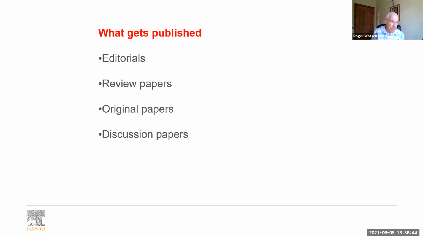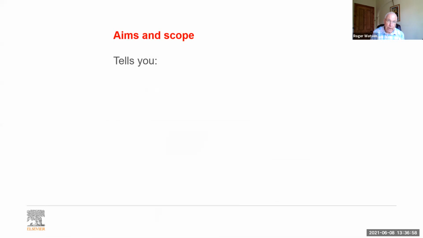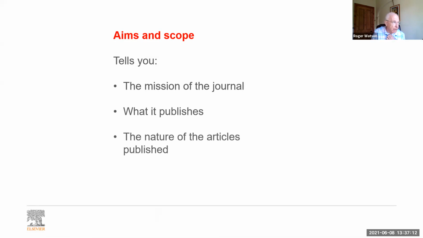But other types of journals publish other types of papers, so do check to see what a journal actually publishes. Sometimes you cannot fit your manuscript into a particular journal. Do check the aims and scope, which will be within the guidance. This tells you what the mission of the journal is, what it's trying to achieve and how you can help it, what it publishes, the kind of papers, as I've just shown you, the nature of the articles published,